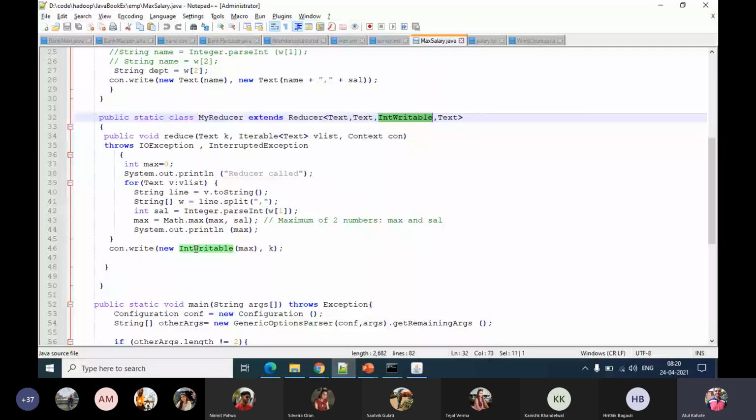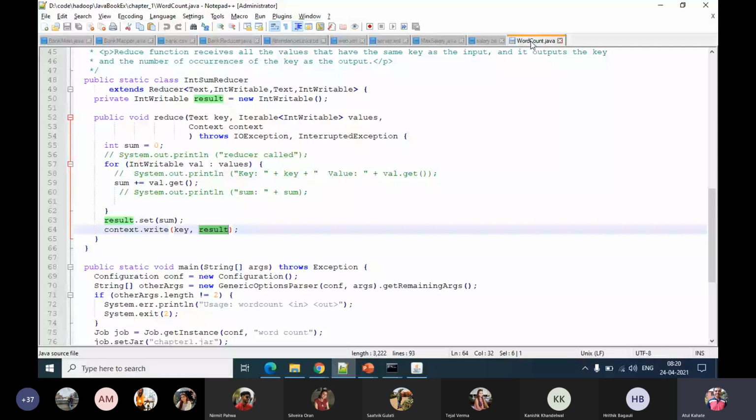So in other words, this is not fixed. This depends on what we want to write. In some cases, we may want to write float values here. In some cases, we may want to write text values here. So this definition and this definition. So here we have text, text, int writable, text.